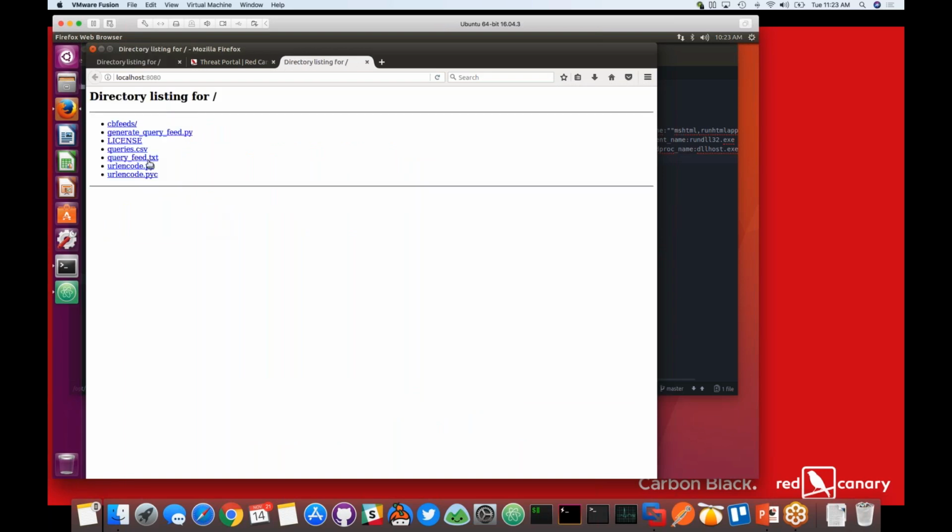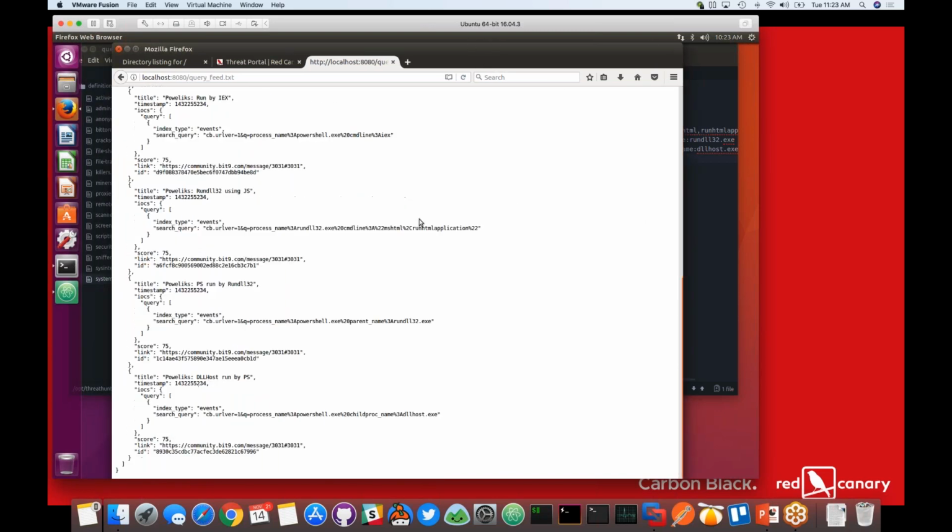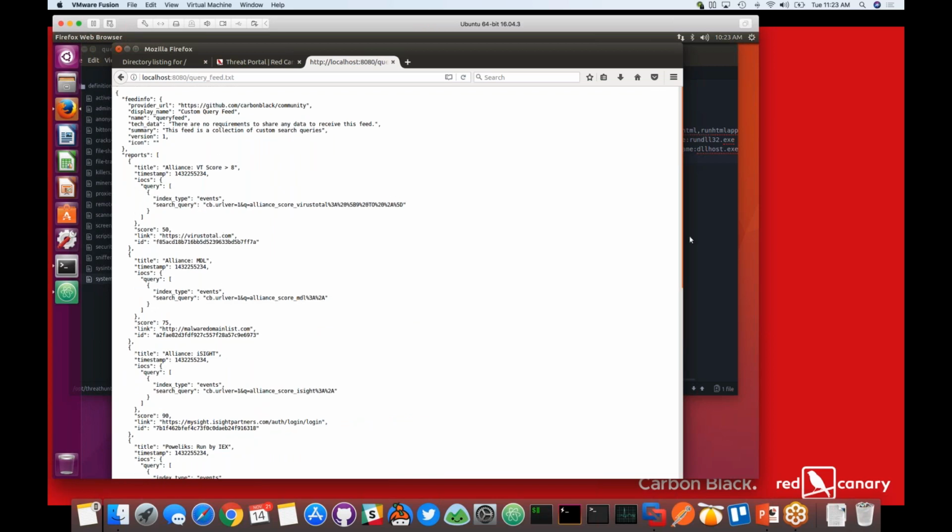There it is, and there's our queryfeed.txt. And so now you can attach that right to your cluster, and you have all your feeds in one place. And so now as you're tuning these, you're able to push your feed. You can use the Carbon Black API to force an update, kind of like the modified update to the feed, so that it syncs it. And then once it syncs your new feed, you'll have all your watch lists up to date across multiple clusters.